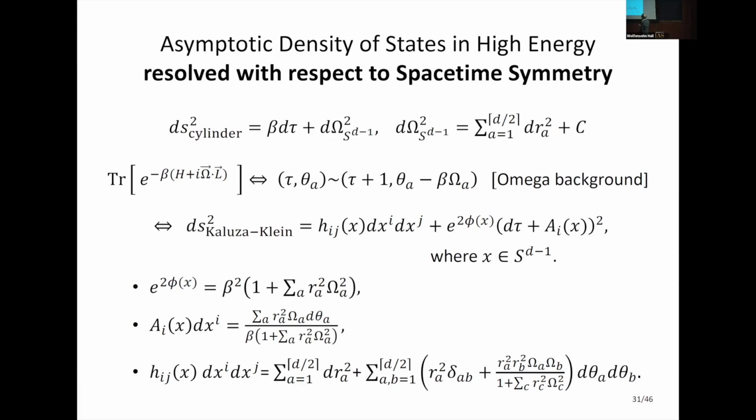So theta A is the angular coordinate, which is supposed to be over here, but there was some problem with the PDF file, and then it's shifted by this. And this is actually what Nekrasov used as an omega background to calculate the Seiberg-Witten prepotential. And so then you can rewrite this in the Kaluza-Klein way, that you have a lower dimensional metric, dilaton, and gauge field. And a fun fact about this geometry is that this dilaton and gauge field